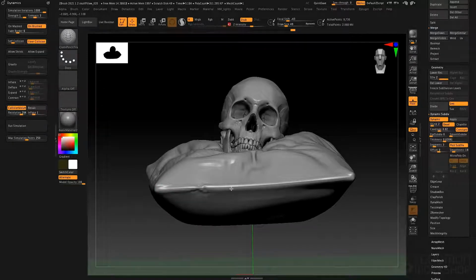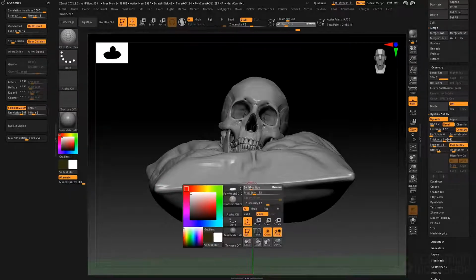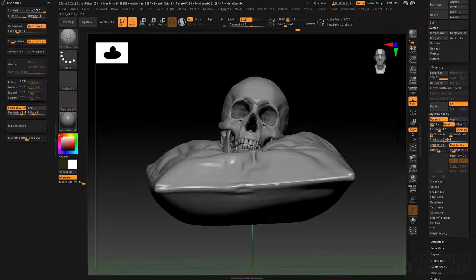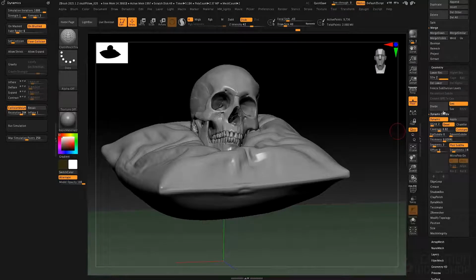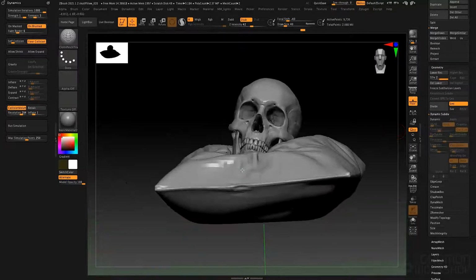There we go. So we can get a nice sort of puckering there. It's still not quite right. Let's turn that brush size down. I'm going to turn off my dynamic subdivisions. There we go. And I'm going to just add another subdiv. There we go. So I run this puckered